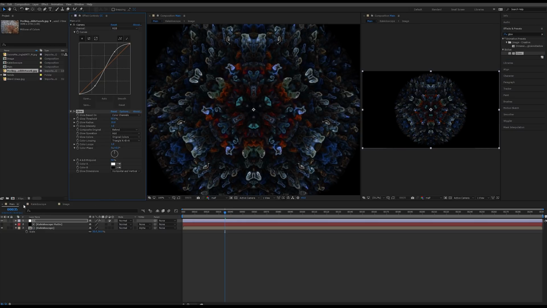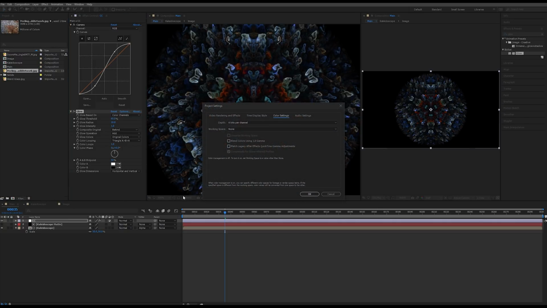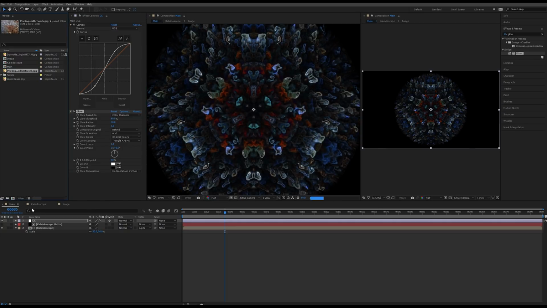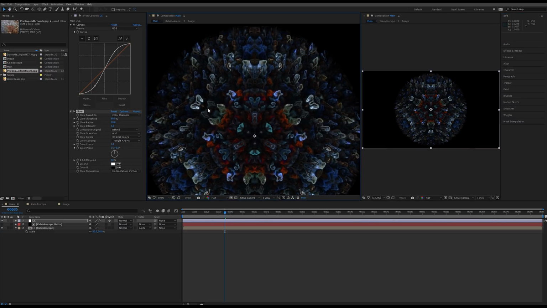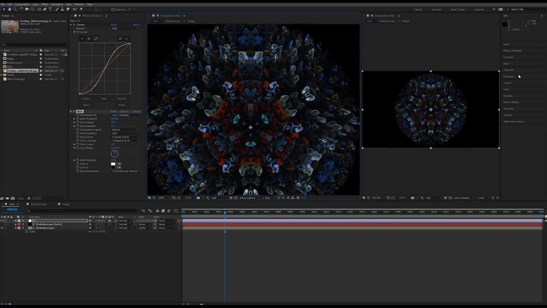Now with a glow, if you're not using above 8-bit, you're not really going to see anything. So let's actually use full 32-bit. Just be careful. Click on info and just hover your mouse over these white points. And if you're getting values over 1, you're going to have to use another curve to kind of bring down some of those highlights, or use an HDR compressor, like a tone mapper that comes with one of these effects. It's called the HDR highlight compression. It's a pretty good one to tone down some highlights if you realize you're using too many of them. Not really going to add that much here, but we could, if we need that, I'll just leave it there.